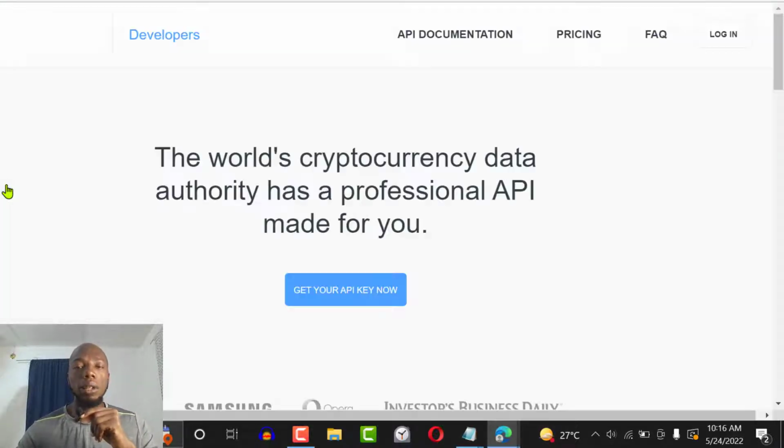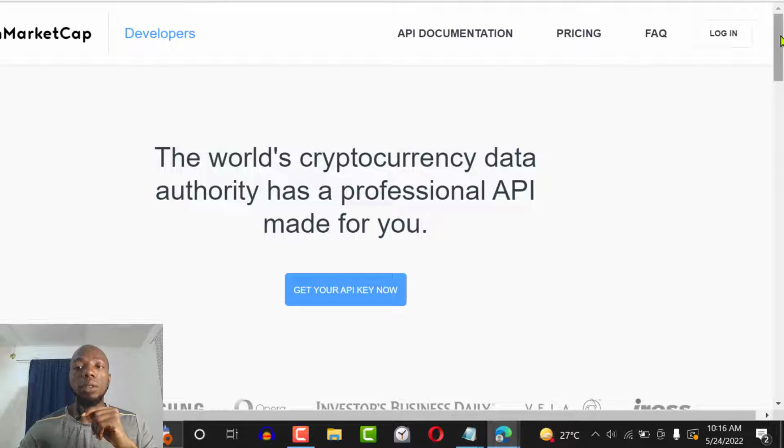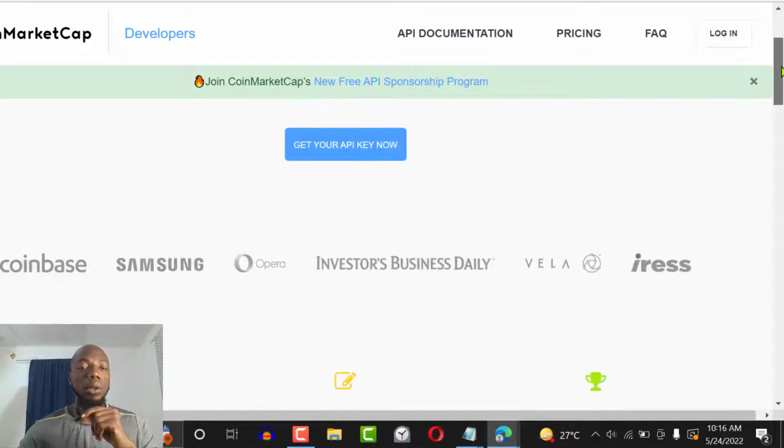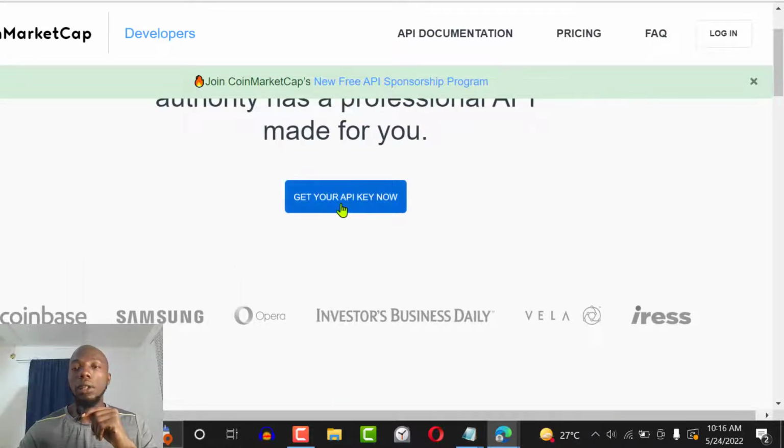Some of CoinMarketCap's APIs are free, some are paid. So you go ahead and log in and register. There is no serious process here. Just click register and say get your API key. And when you do so,